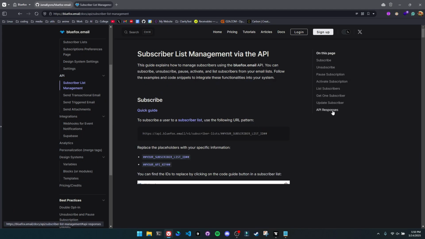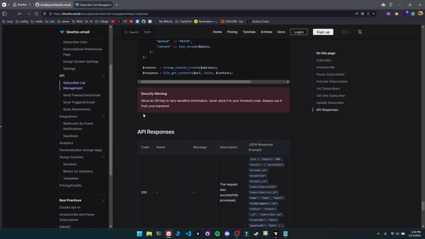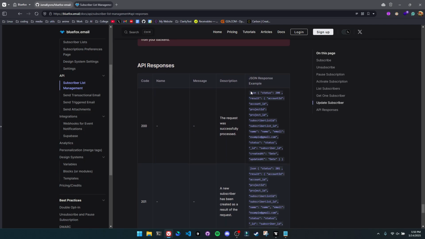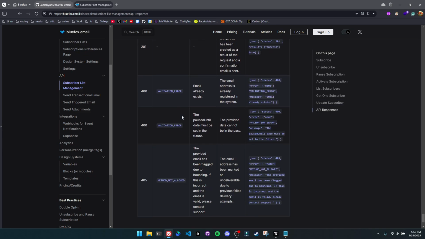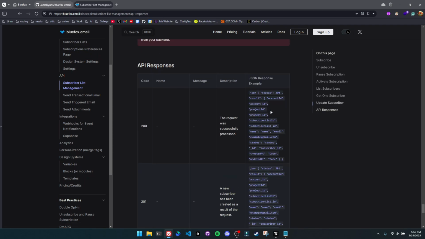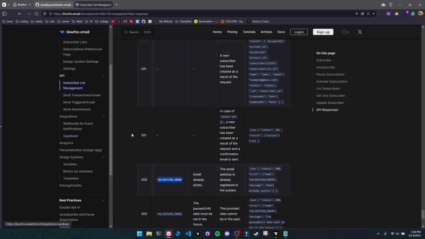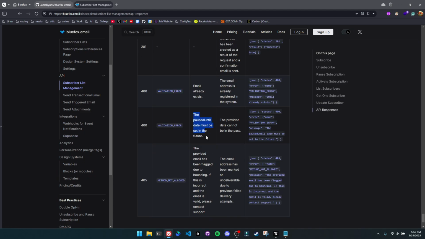So I gave some feedback to the team and basically wanted the full API responses in the actual documentation, and they graciously added them in. I think it only took them a day, which was pretty nice. So appreciate it, Blue Fox team. Now that I have this, I was able to use the types and actually make the TypeScript types reflect the real documentation. So let me see, the error names match up, which I'll show you guys in the documentation soon, and also the reasons why the error failed match up in the code,